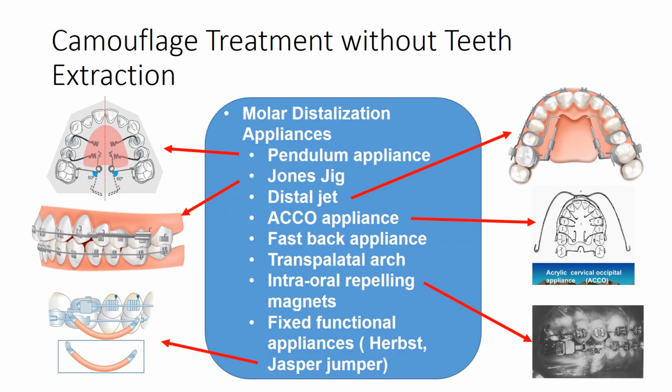Okay, molar distalization can be undertaken through various appliances. For example, you have the pendulum appliance, the Jones jig, the distal jet, and the ACCO appliance, which means acrylic cervical occipital appliance. You have the fastback appliance and transpalatal arches. We can use intraoral repelling magnets, or we can even use fixed functional appliances like the Herbst or the Jasper